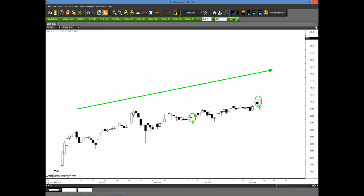As we see here, ABBV was having a nice slow uptrend, nothing great, but let's just say perhaps you bought it down here on this breakout and sold it up here, and you say, boy, I have a great trade, but it continues to go higher in November, December, and into January of this last month. Well, we had two engulfing patterns along the way that could have gotten you back in, and ultimately, look what happened. Had you taken that very first setup, that would have generated 30 points to the upside